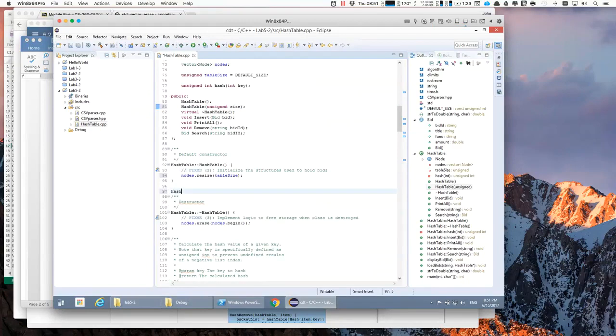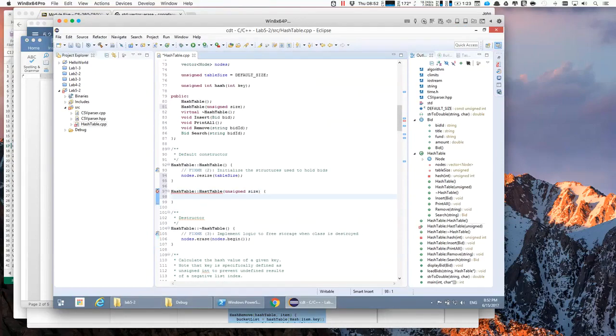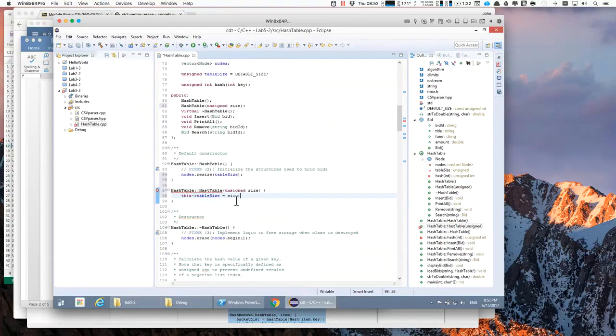And we could say, I have a tendency to get my G's and N's mixed up. In this case, what we want to do first is save the table size and say this, which is table size equals size. And so see, now I can,